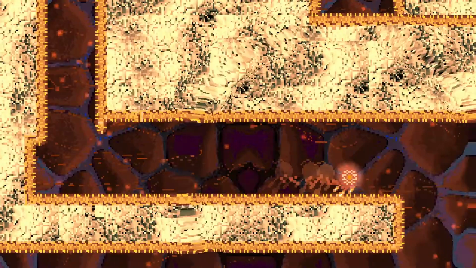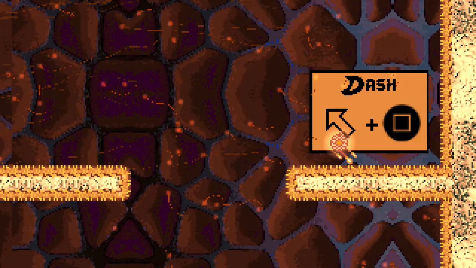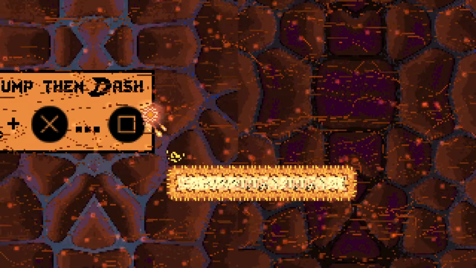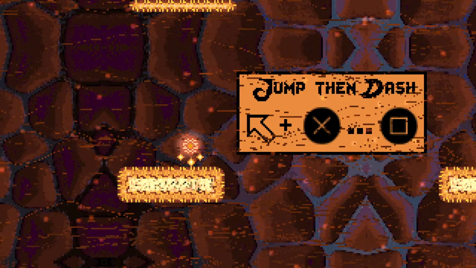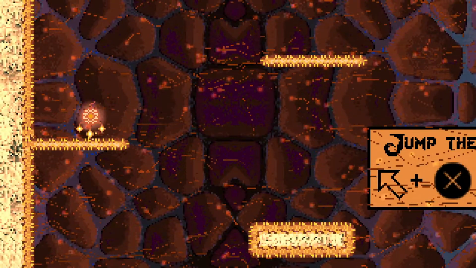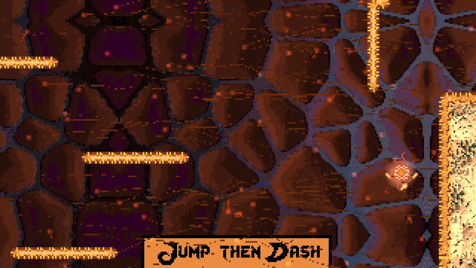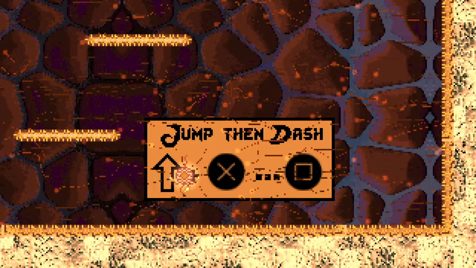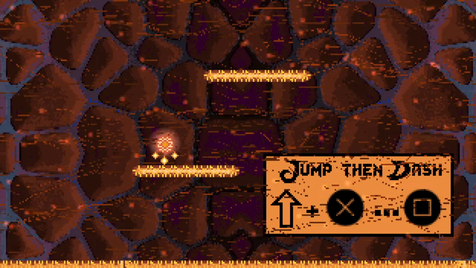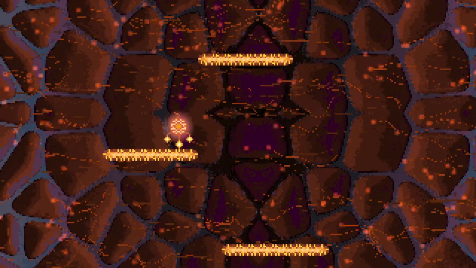Now you have the dash ability, and with the dash ability you move in a direction and press the dash key to activate it. You can move in a direction and press the jump button and then the dash button to dash over long distances, as shown here. You can also move large distances vertically if you hold the up directional movement and jump and then dash, as it's shown here. And the longer you hold the jump button,